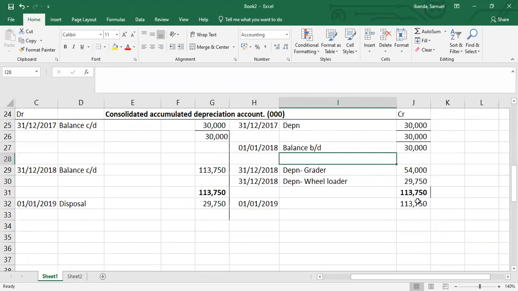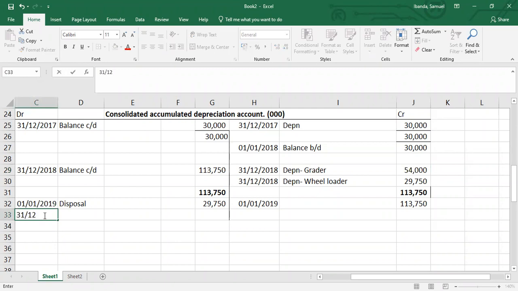remember this grader had been around for 2 periods, part of 2017 and part of 2018. So its accumulated depreciation as at that date was over 84,000, the 30,000 plus the 54. So when I'm writing off here, 31st December 2019,